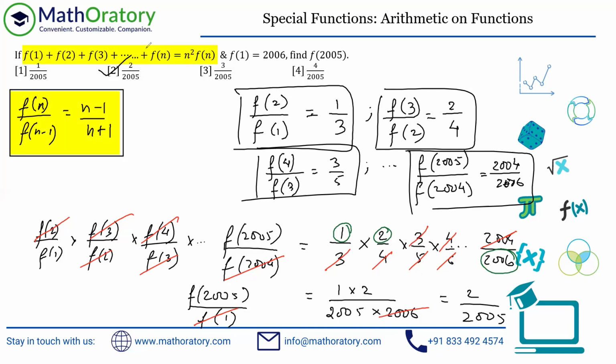Try to focus on a relationship between, let's say, the nth term and n minus 1th term, because there are consecutive values here. When I say nth term and n minus 1th term, I hope you understand from my speaking that I'm treating it more as a series rather than the function itself. So at the end of the day it is a series kind of idea, right? Because f1, f2, f3, f4, these are natural numbers as input. So when we are inputting natural numbers, we can treat them as the first term, second term, third term, and so on. So try to establish a relationship between nth term and n minus 1th term.